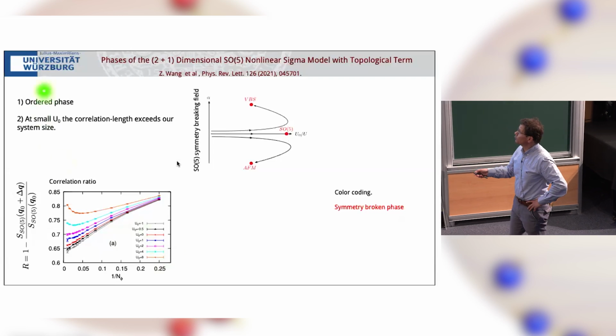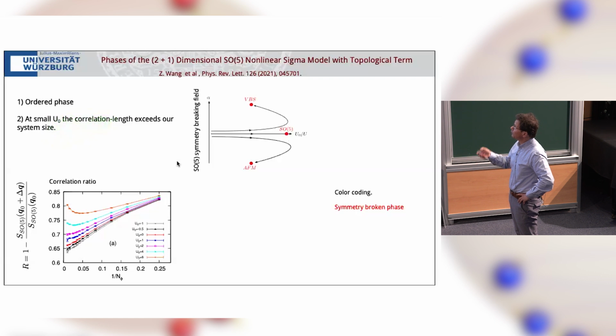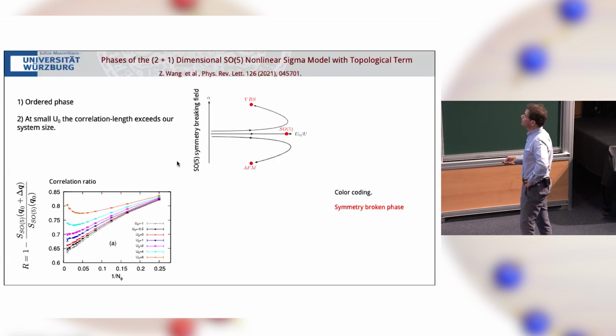We can say that we have an ordered phase, right? Well, I'll take the word depressing away. An ordered phase, and the other thing is that, at small U0, the correlation length is bigger than our system size. That's the two things we can conclude, right? And then you have many possible